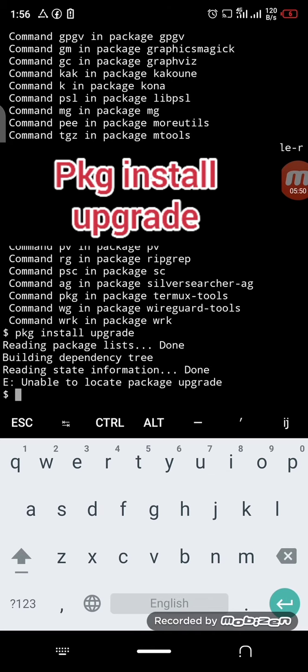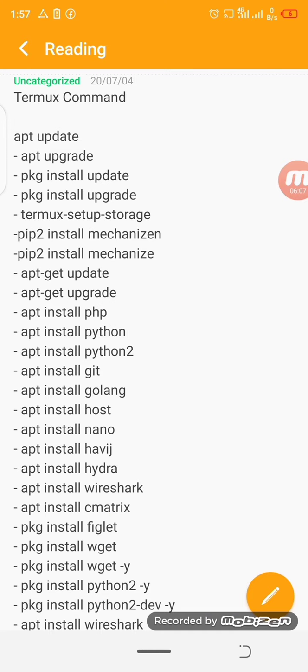So good, now this is correct and I get the upgrade package, done, reading state information, done. That means it is already upgraded. So let's go to the next command, which is